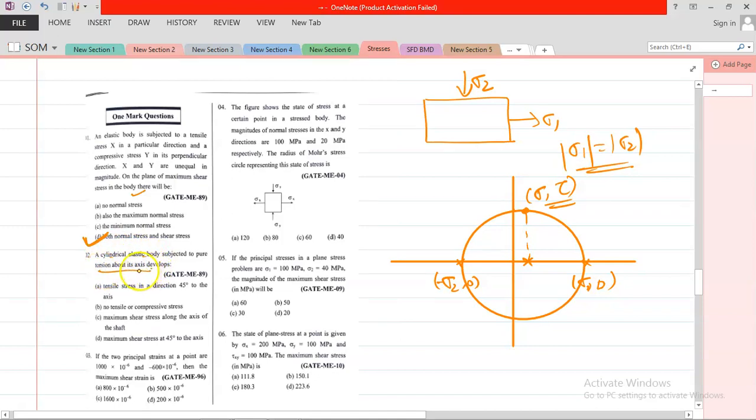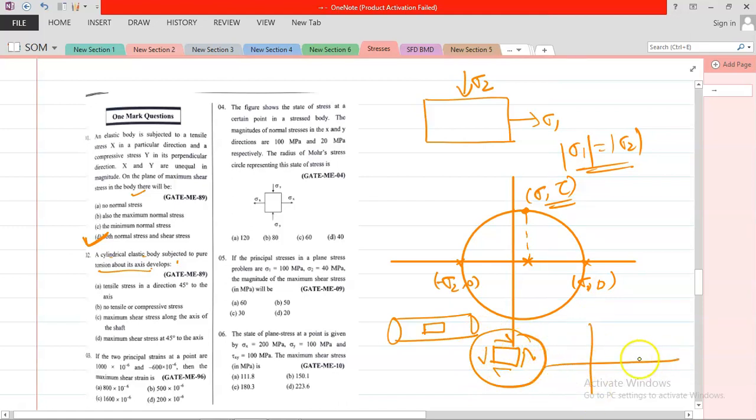axis. Now what is given? Pure torsion. So suppose you have a body. You take this element, and now this element has pure shear stress, because you know torsion has a pure shear stress. Now if you draw the Mohr circle of this, it will be a circle, as I explained earlier, with radius equal to tau. Now the question is asking